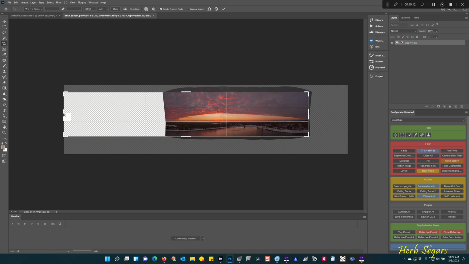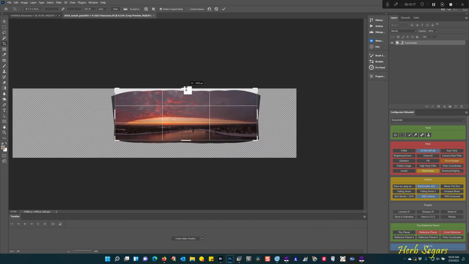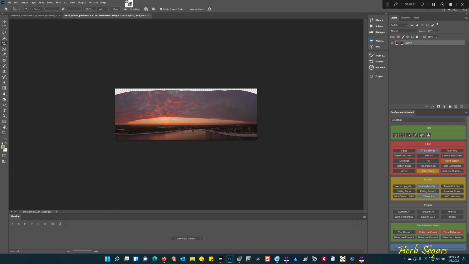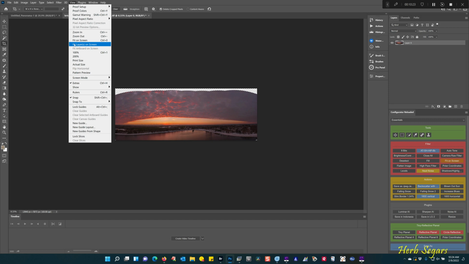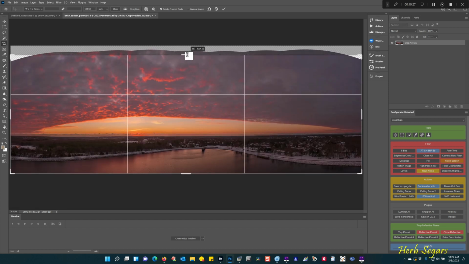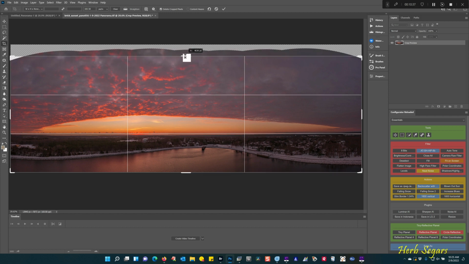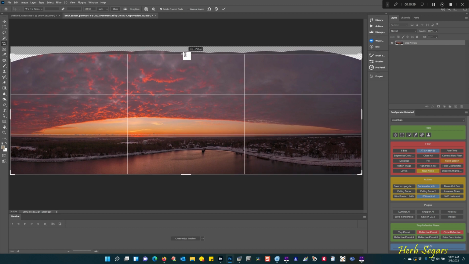I'm just going to do a rough crop now because I want to see more of the image before I finish up. So I'm just going to go like this to start. And then I'm going to do View, Fit on Screen. And then I'm going to finish cropping. So I want to go here. I'd really like to get more of this in. Now, there's two ways I can do this. I can either come up to here, double click,